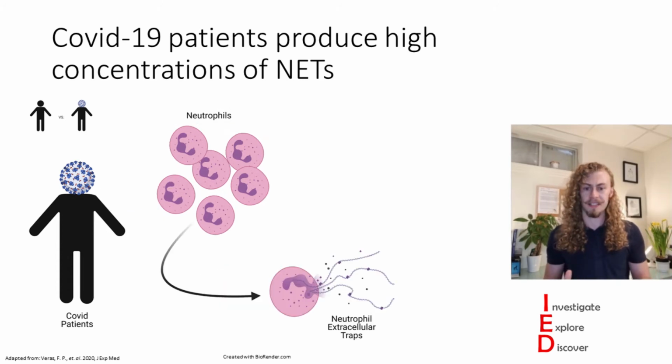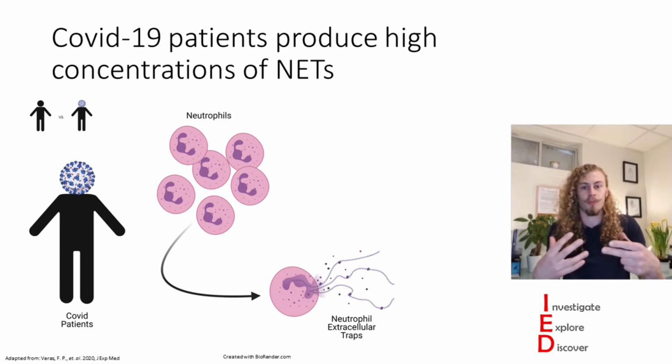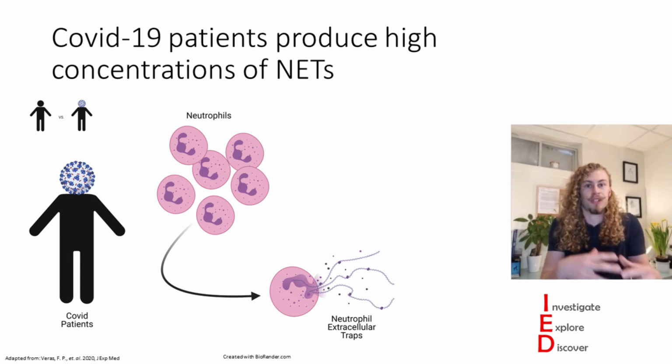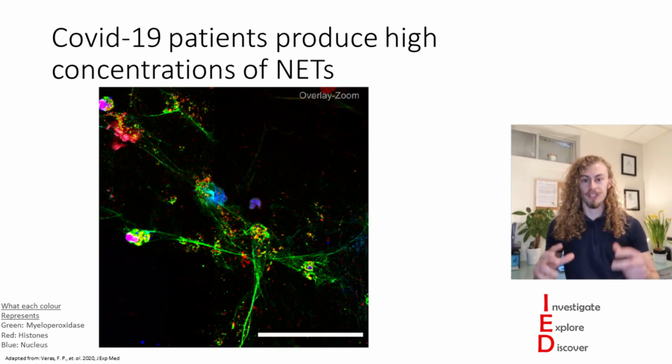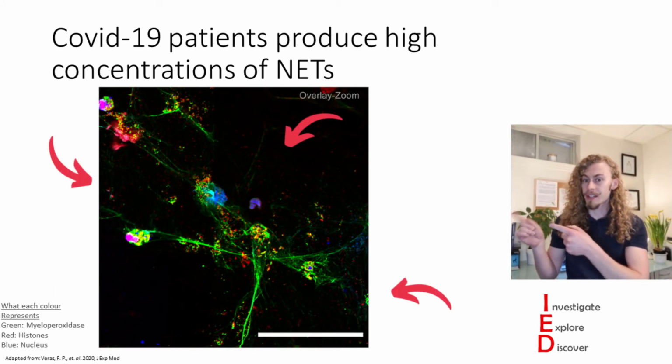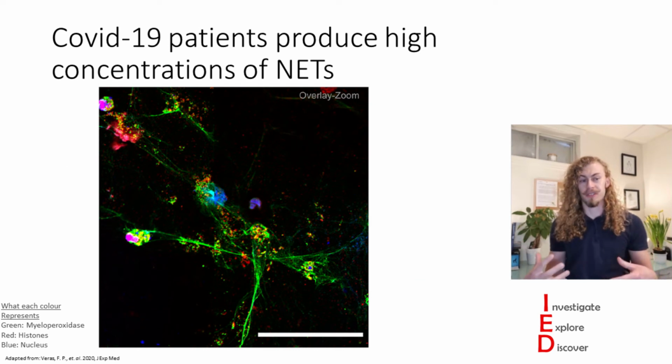When isolating these neutrophils, they also found that the neutrophils from COVID-19 patients were able to be stimulated more easily and more readily produced neutrophil extracellular traps. So COVID-19 patients produce high concentrations of NETs. Now, I want to take a moment and just draw your attention over here to what neutrophil extracellular traps even